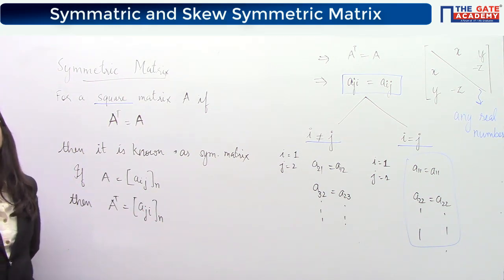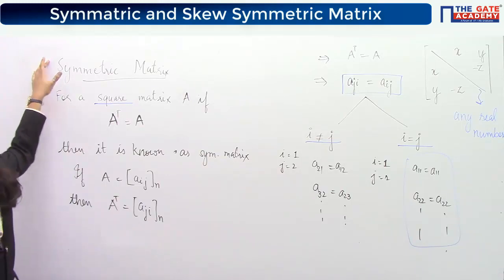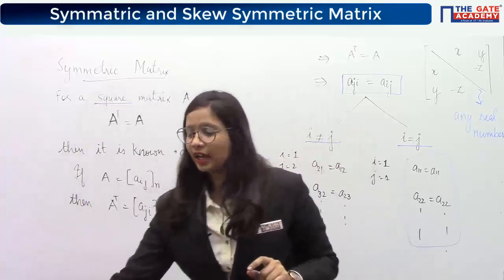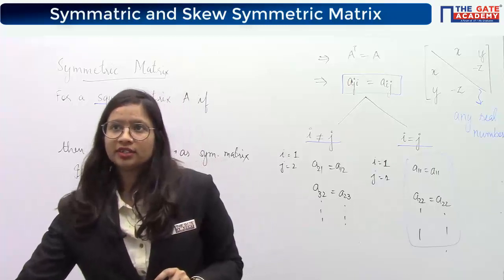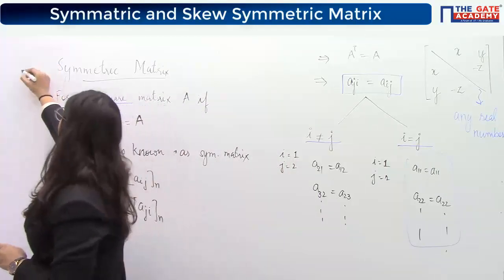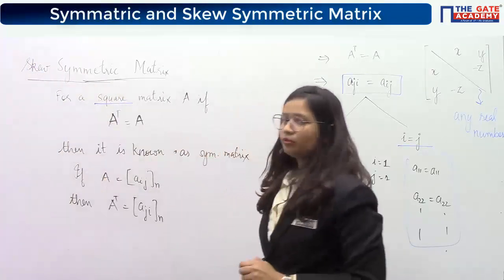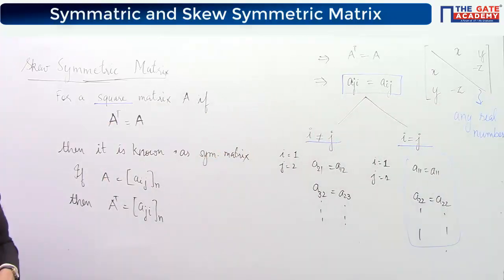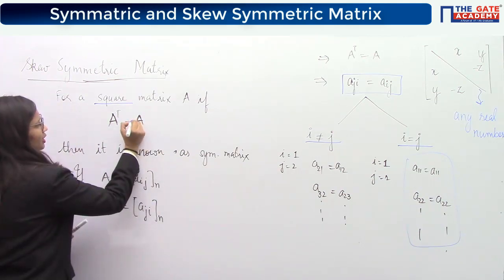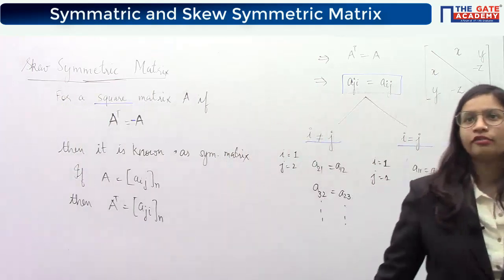So let's move to its step brother, which is the skew symmetric matrix. Let's talk about that now. Can you give me the definition? What is a skew symmetric matrix? I am changing here only, so don't get distracted. What do you know about a skew symmetric matrix? A skew symmetric matrix is a matrix for which A transpose is equal to negative of A.